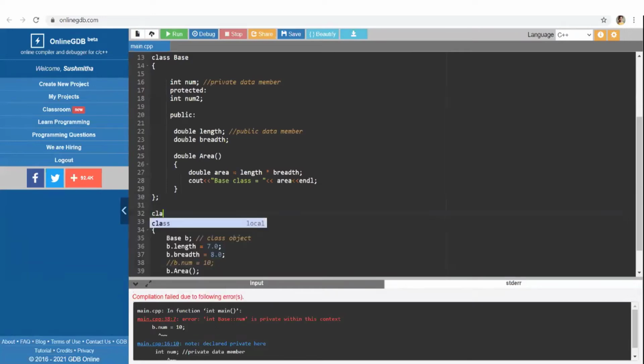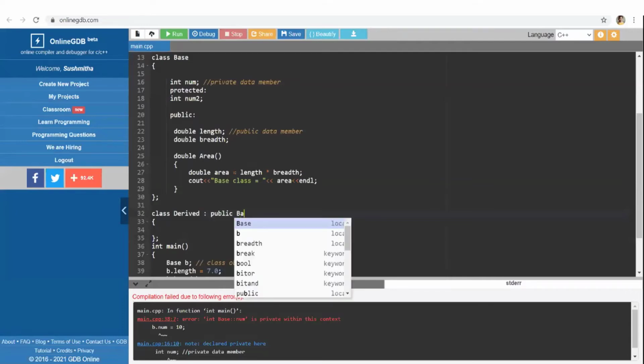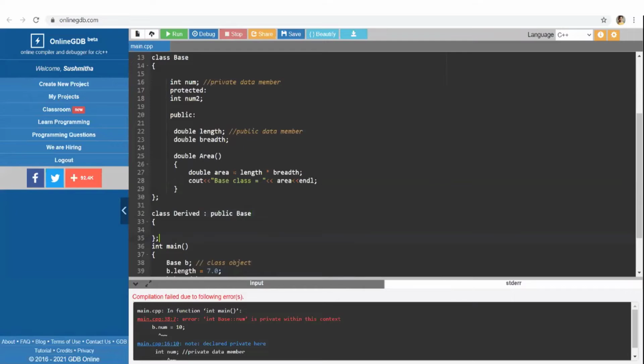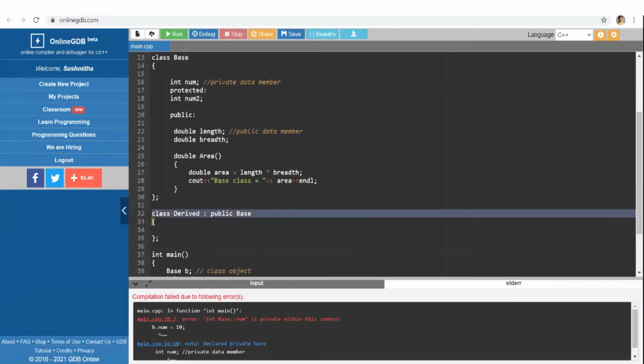So I'll take another class, which is a derived class. As I said, you should have a semicolon here. This is the way you derive a class from the base class. This is the class derived, and it's inheriting from the base class.